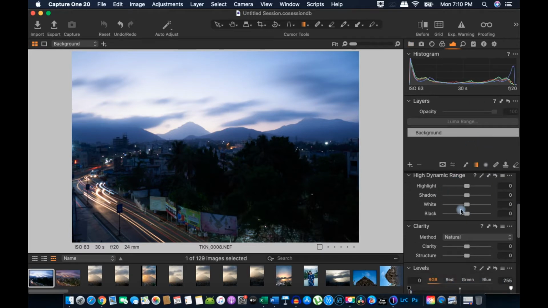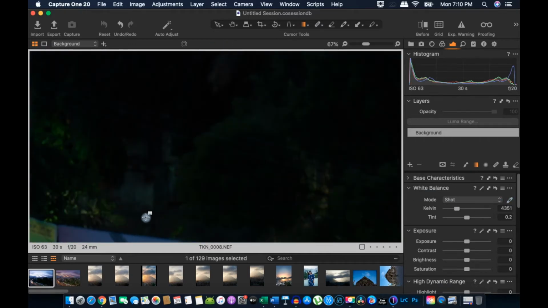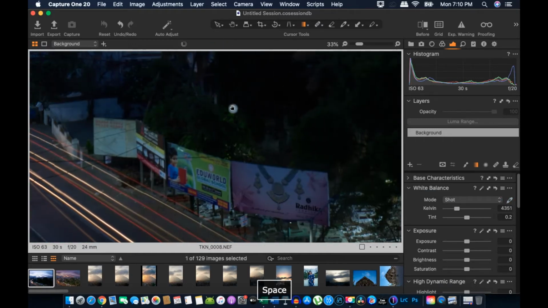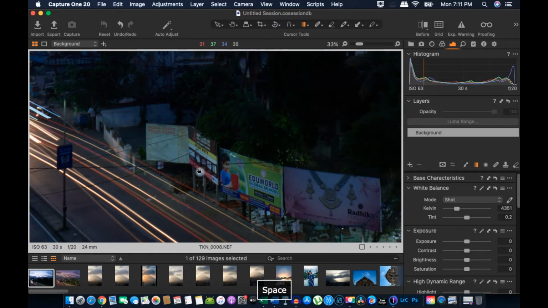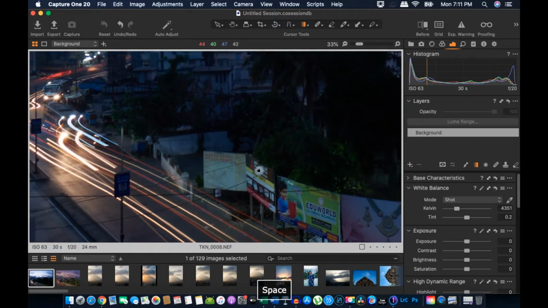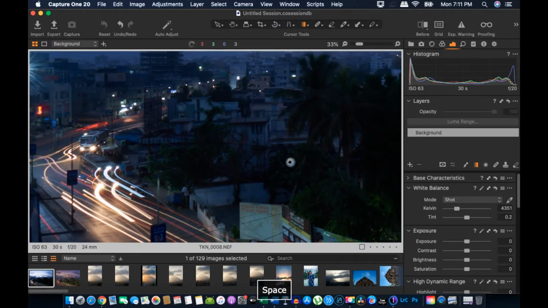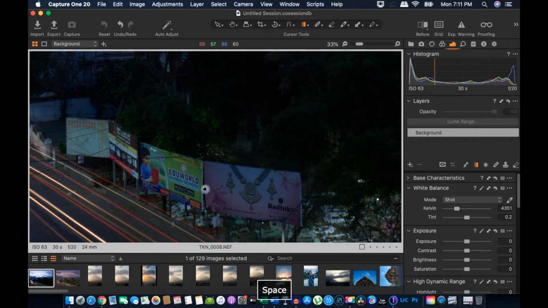So let's begin with adjusting the white balance. The way I like to do my white balance adjust is I zoom in to the picture and try to find a white spot or an area which is supposed to be white in a real life situation.